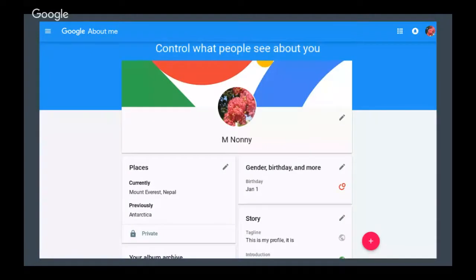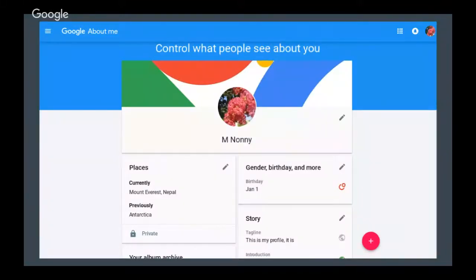The other thing to notice is that there are visibility settings. You can change the visibility of the information, so you can decide who actually sees which details on your account. There are basically three options. The information can be public, then it'll be a globe, and you can see near the bottom right, there's the tagline section. There's a globe icon there. It's because the tagline is always public. That means public. It can be completely private information that only you see, that will have a lock.